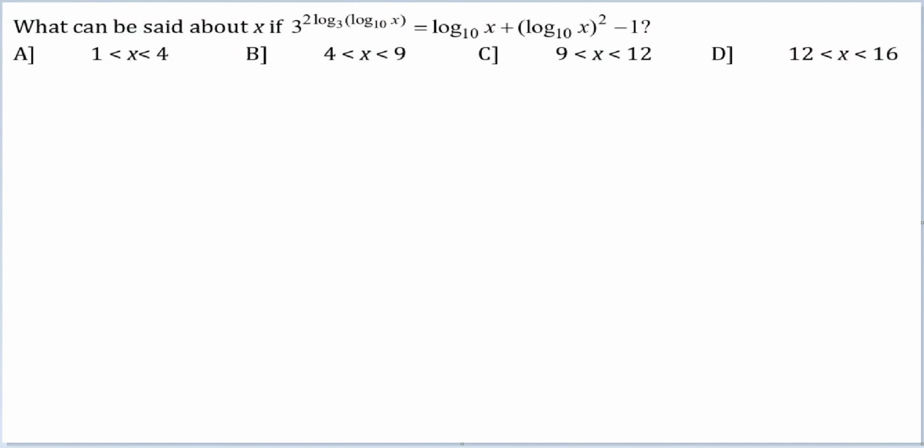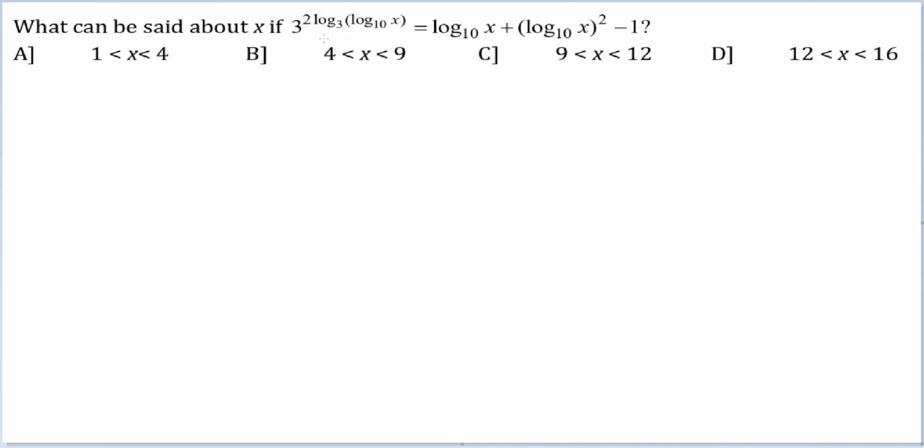Let's look at this question. What can be said about 3 raised to the power 2 into log 3 in brackets log x to the base 10 is equal to log x to the base 10 plus log x to the base 10 whole square minus 1. Okay,